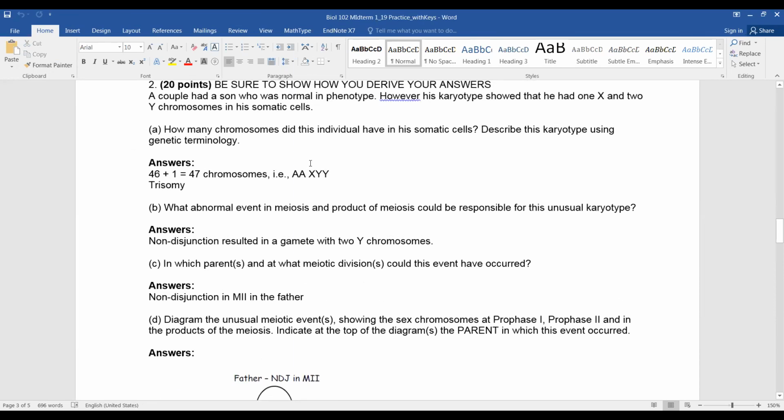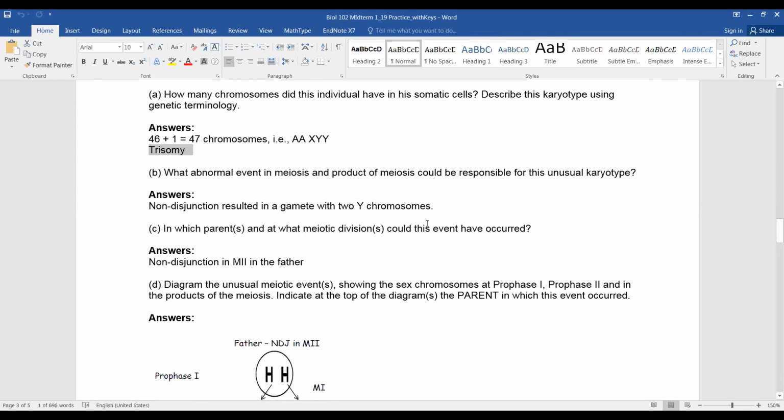Because of this, we know the term for this, right? Because we have an extra Y. So that's a typical trisomy. So you need to put down the trisomy here to get the credit, right? All right, now,